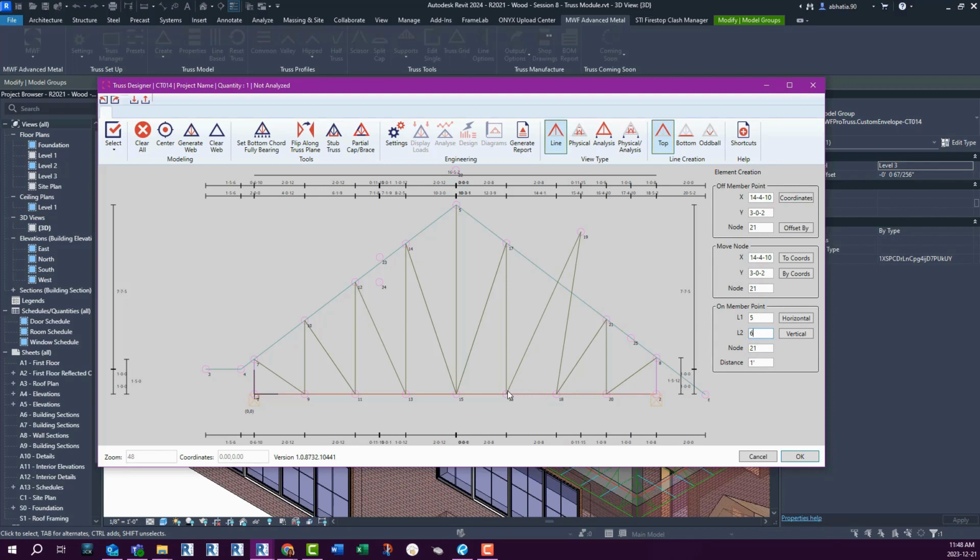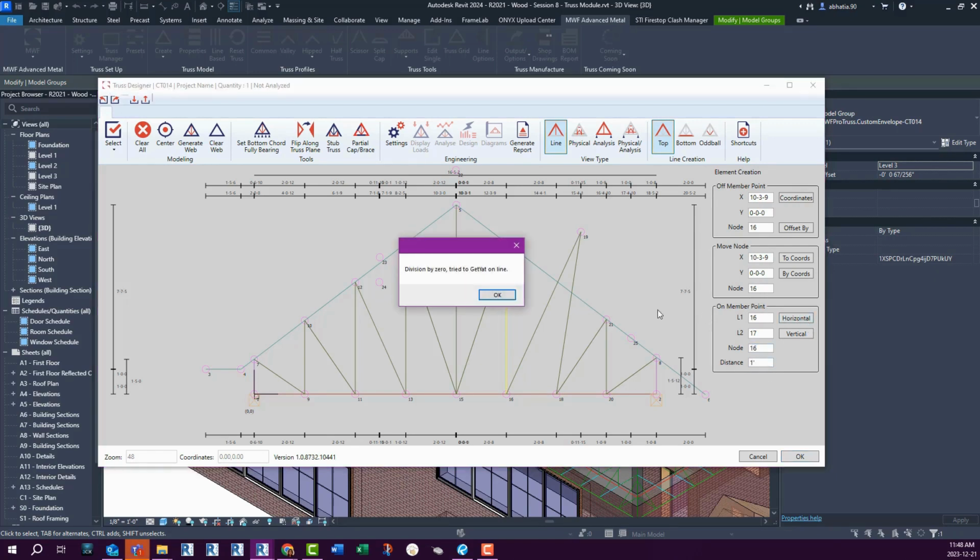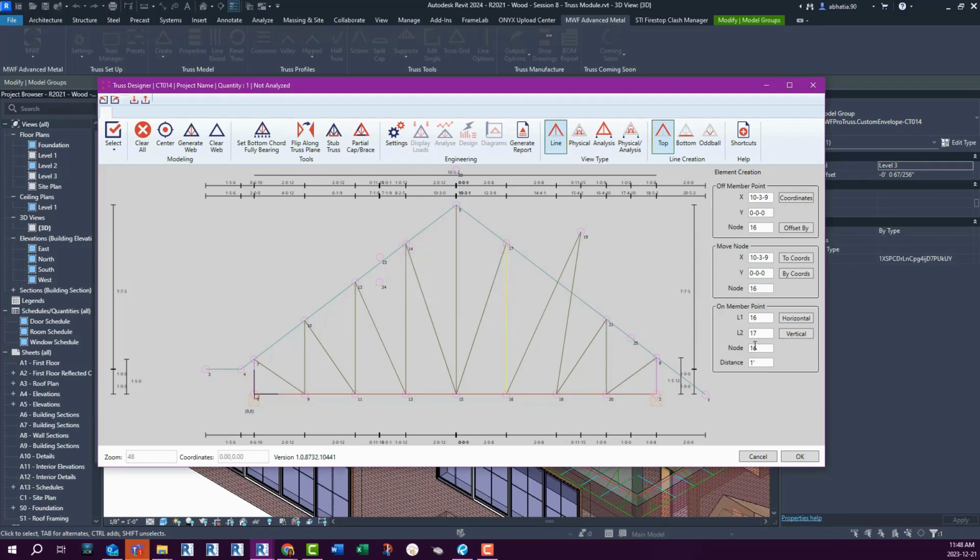I can also do the same thing here. The horizontal and vertical basically matter in terms of these lines. Over here, if I wanted it to move between 16 and 17, I want to create a duplicate of 16 and move between 16 and 17. I can put the value. If I click on horizontal, it'll give me an error because it's dividing by 0. So instead, I'll do vertical, and you'll notice that it's going along the vertical line. If I click along this line for node 16, I can say horizontal, and it will move it 1 foot over